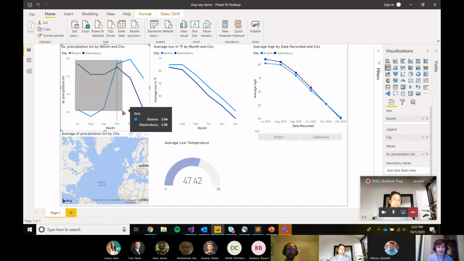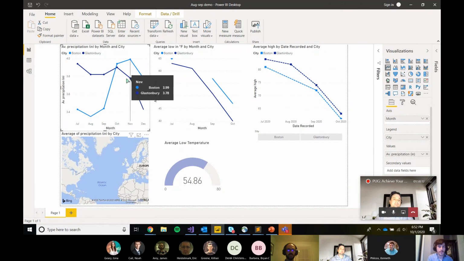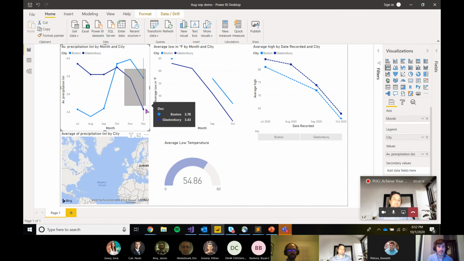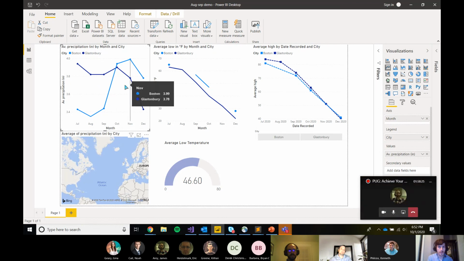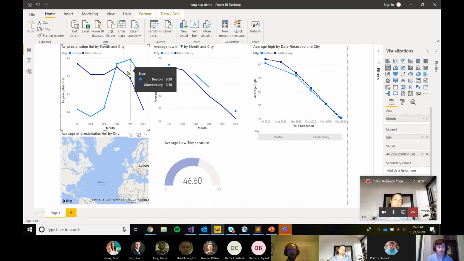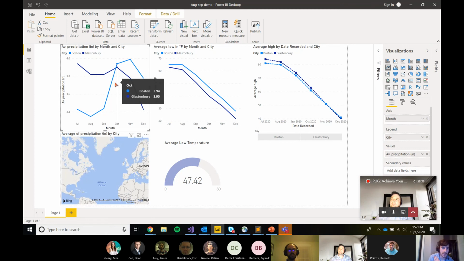Anyways, holding Shift is kind of an additive select. So normally if you hold Control and click and drag, and then I hold Control and do it again, it's going to deselect what I already have selected and treat this like a brand new selection. But holding Shift down is going to add the data points that you select. So just a little bit of extra control as you're trying to select your data.